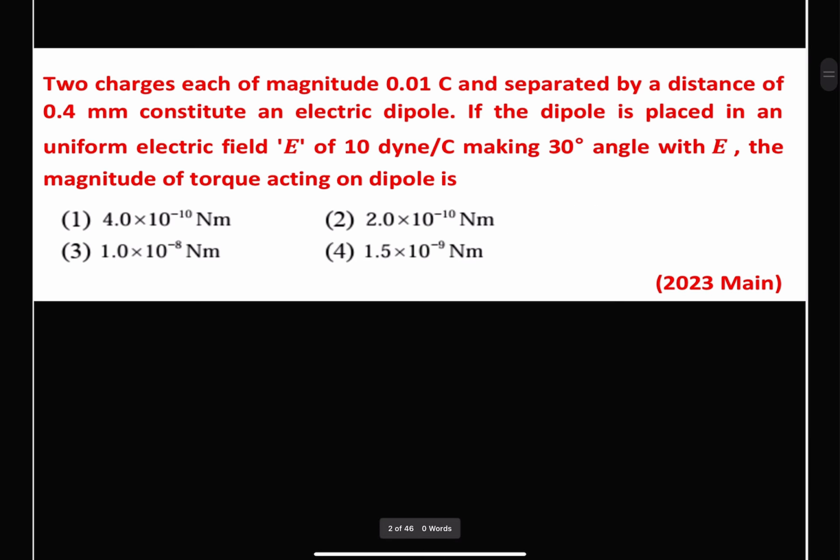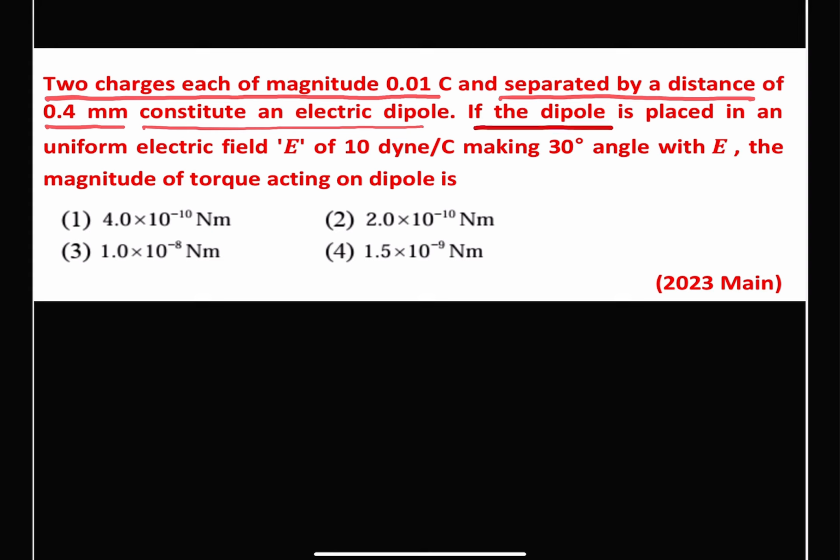Next question. It states that 2 charges each of magnitude 0.01 coulomb separated by a distance of 0.4 millimeter constitute an electric dipole. If the dipole is placed in a uniform electric field E of 10 dyne per coulomb, making a 30-degree angle with E, the magnitude of the torque acting on the dipole. So we have to find out the torque on the dipole,